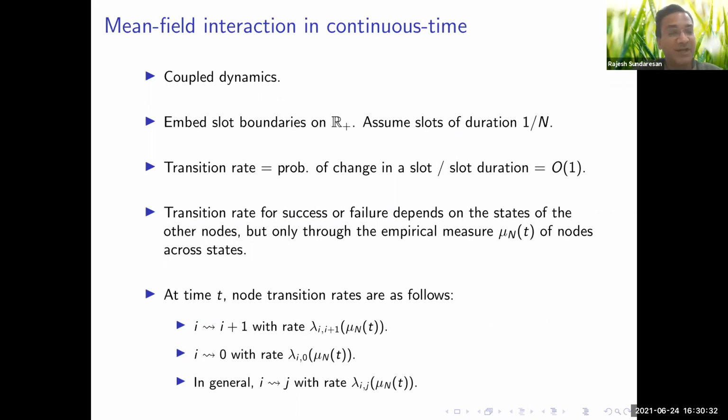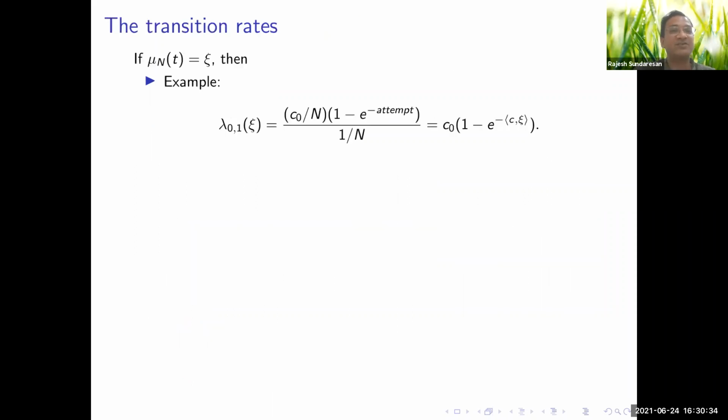Okay, what are these lambda ij's in our example? It's fairly straightforward to write it down. So let's look at 0 to 1. That means a node in state 0 transits to state 1. What's the rate at which it transits? Well, it must try to make an attempt. That happens with probability C0 by n. Nobody else must attempt. So the probability that that happens is 1 minus the probability of,